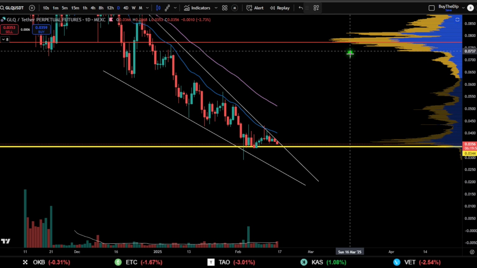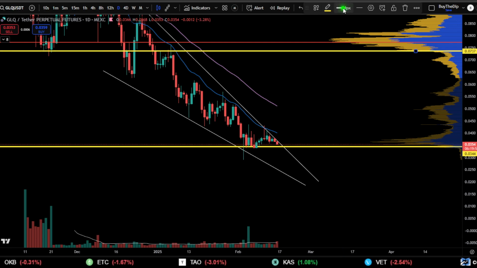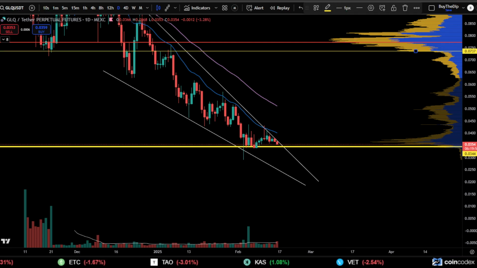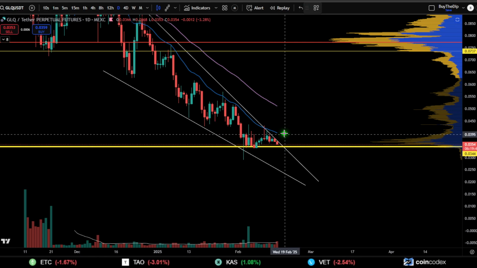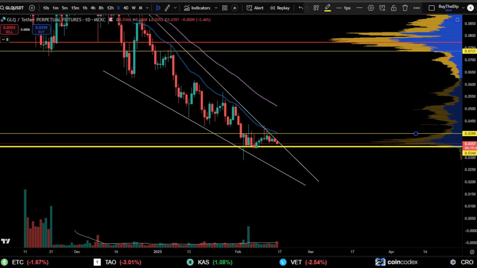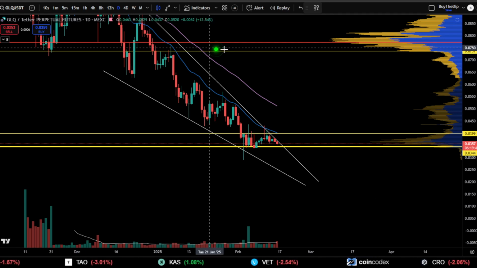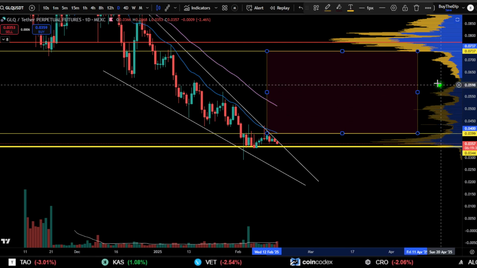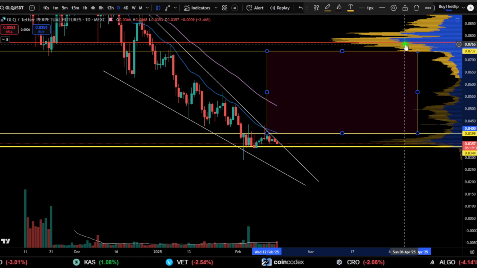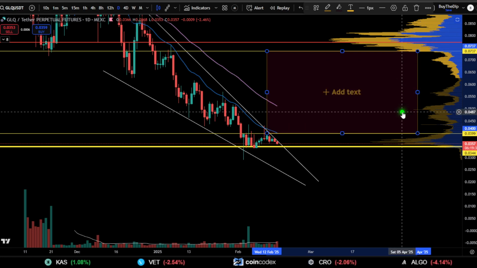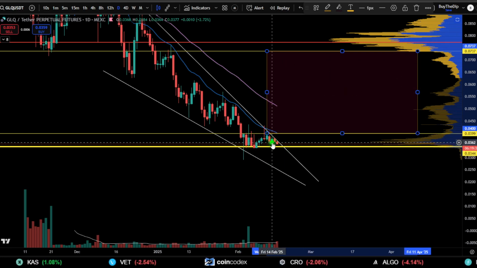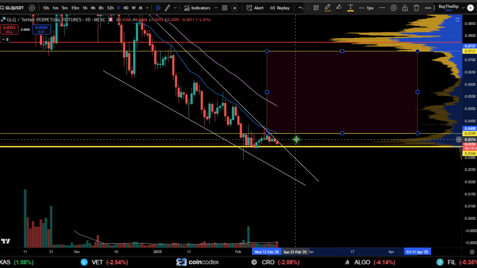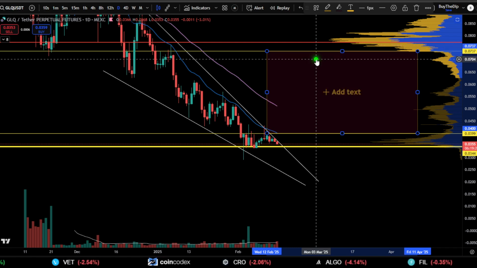Okay, now what I would like to see, of course, is the divergence here, but what I also want to keep an eye on is this zone right into here. Okay, and I'm going to make this thinner so we don't clutter up the chart way too much. And I am going to obviously put in a box here, but I'm going to be very reluctant. Why? Because there are a few nodes of volume right in here that could act as resistance, but the majority of the emptiness, as you can see, suggests that if we do get a reversal right around this area, we do have the potential to run right through without much resistance.